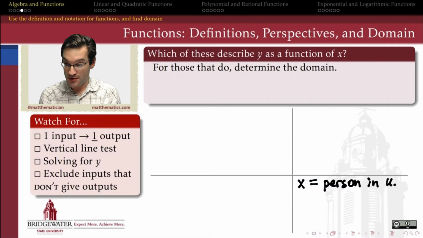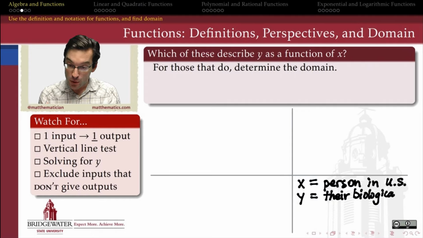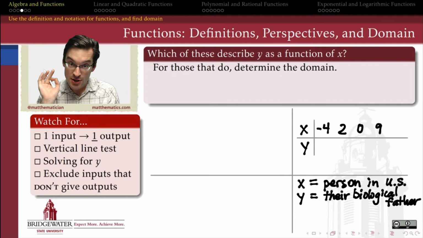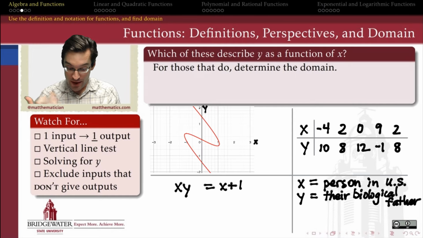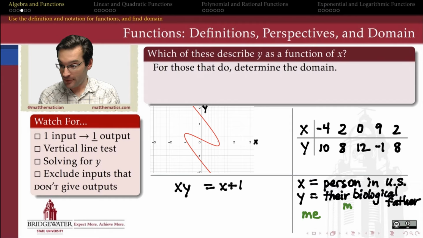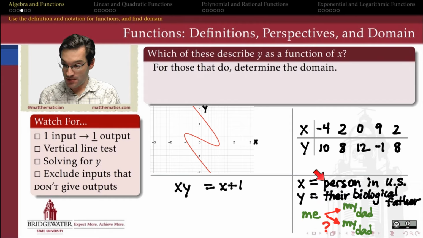Then we turn to functions. A function is any rule or relationship between quantities in which each input has only one output. And we can come up with ways of depicting functions in a whole lot of different ways. First of all, if I have a verbal description, such as the relation that every person in the US bears